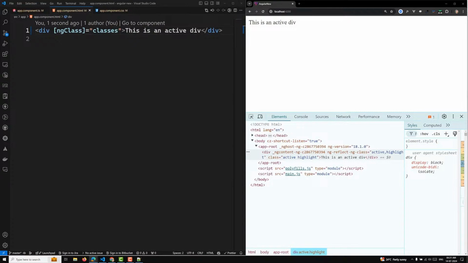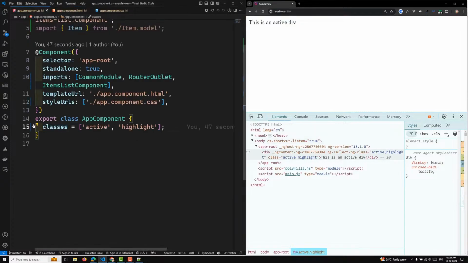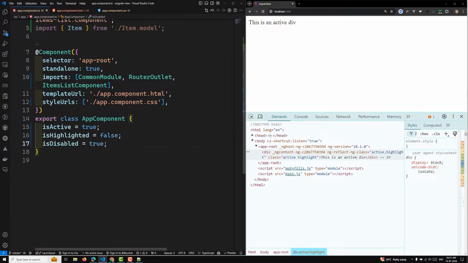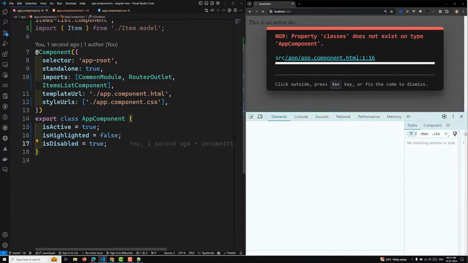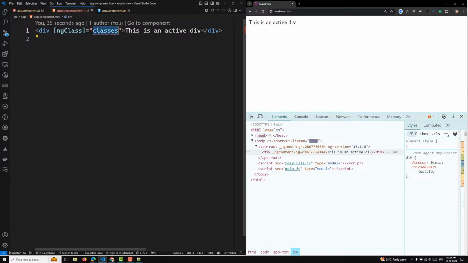Next one is conditional class binding, which I have shown you already. So isHigh, isDisabled, true. If you are having something like this, for example isActive true, isDisabled true, then instead of having it like this, you can write something like